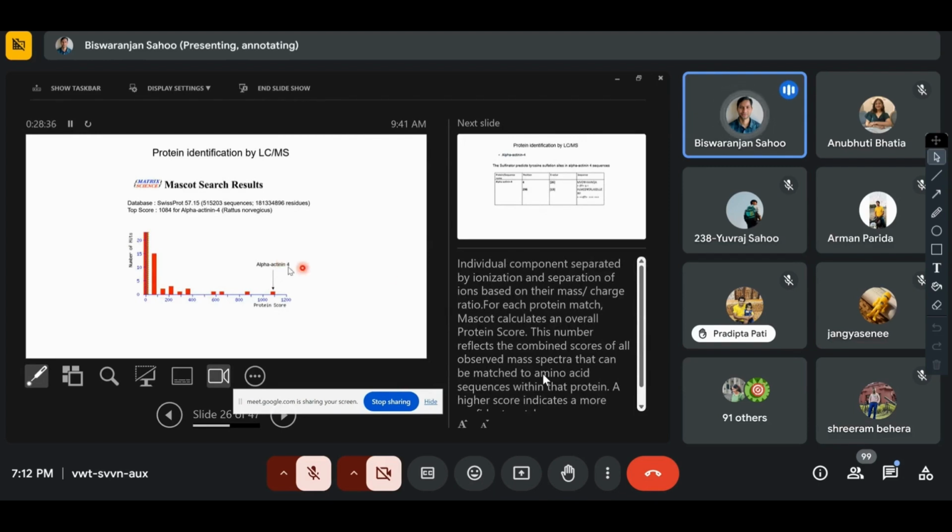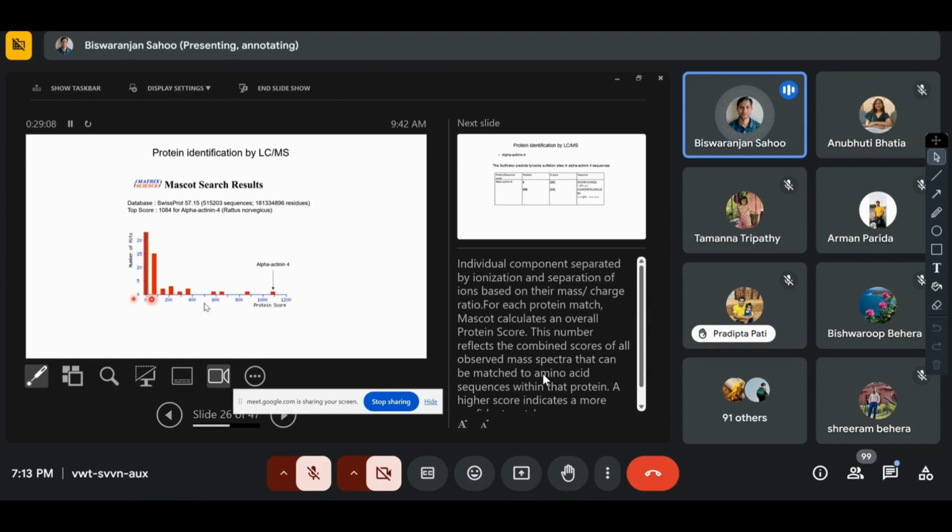You are almost familiar with LCMS, liquid chromatography mass spectrometry. Are you familiar? Yes, sir. Just simply, in this process, the principle is that individual components are separated by ionization, and the separation of ions is based on mass-to-charge ratio. And we got a few proteins from the score, which are the target proteins,